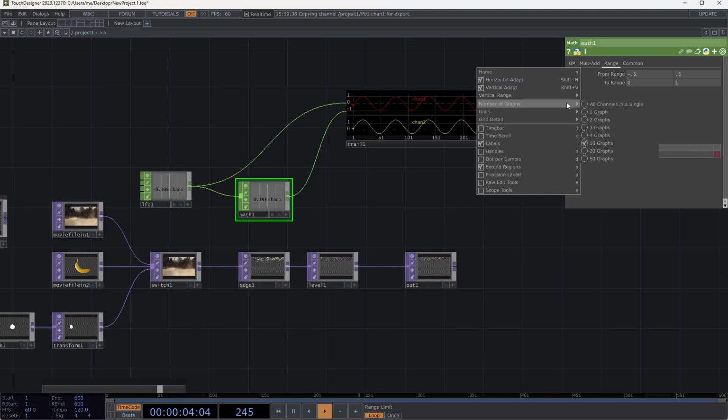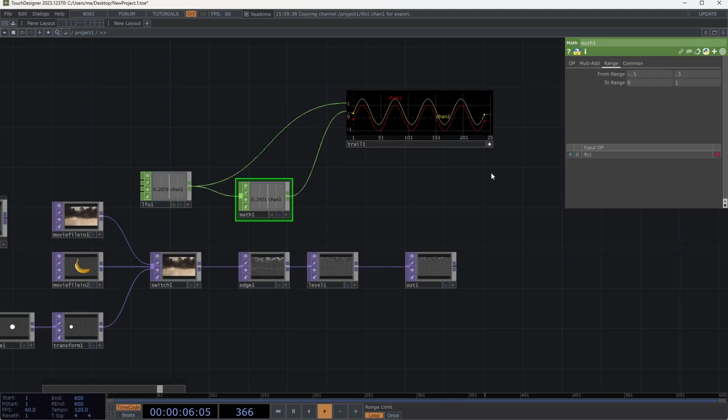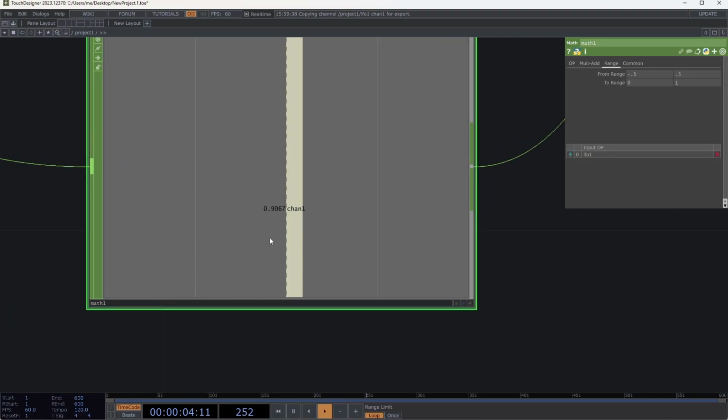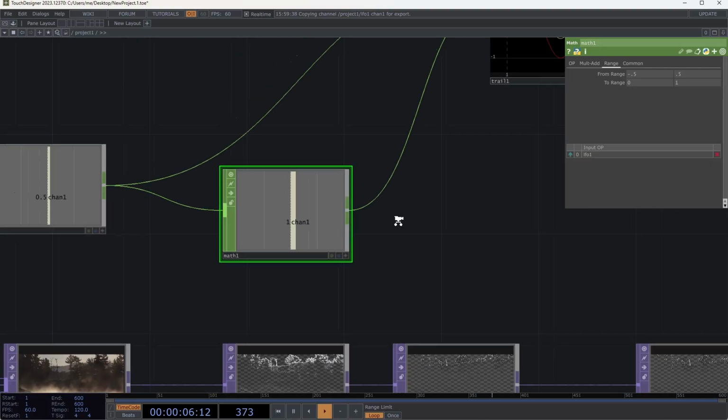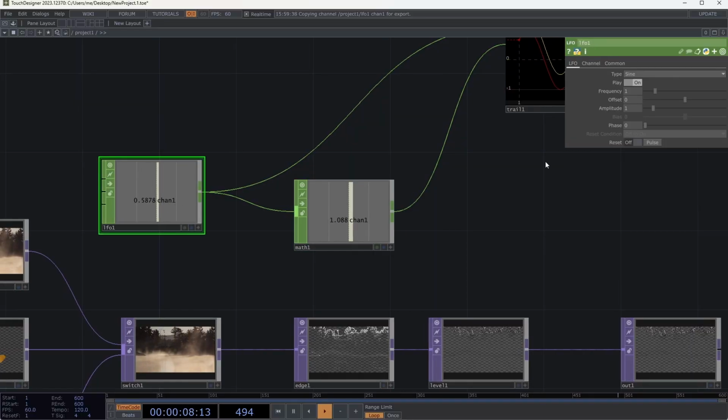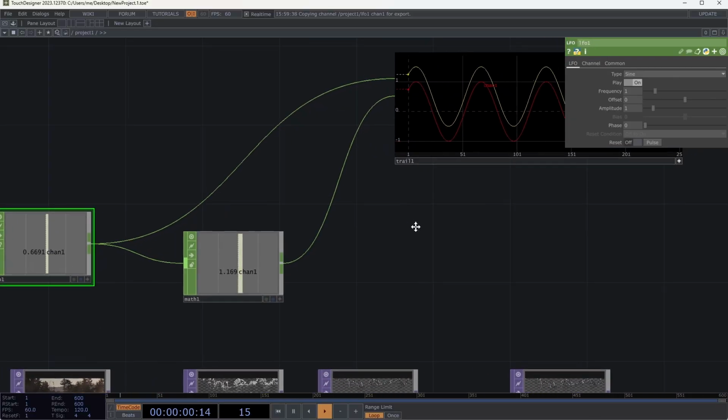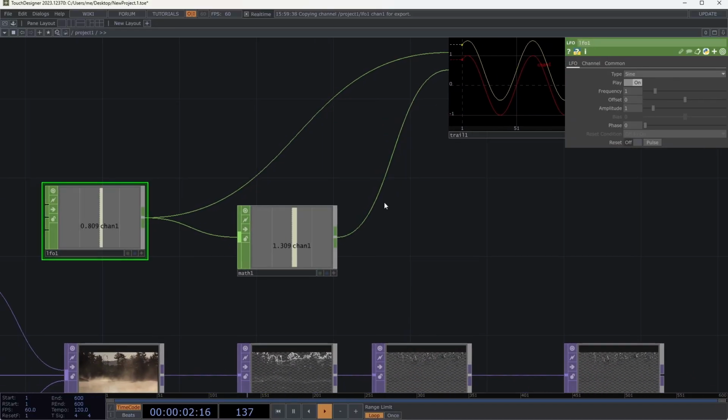All channels on a single. So now we can see it's different. That doesn't look right. Getting it from, well, oh, sorry. That's because I forgot that, no, now I'm confused. It should be going, everyone who knows TouchDesigner is watching this and saying, you moron. Okay, let me just